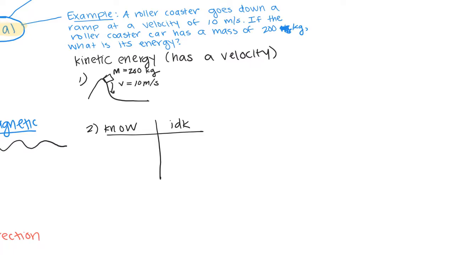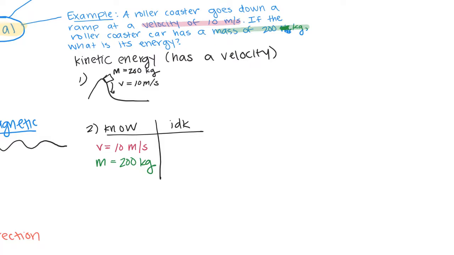And the first number I see in the problem is a velocity of 10 meters per second. So I'm going to write V is equal to 10 meters per second. Another number I see in the problem is a mass of 200 kilograms. So I'm going to write M for mass is equal to 200